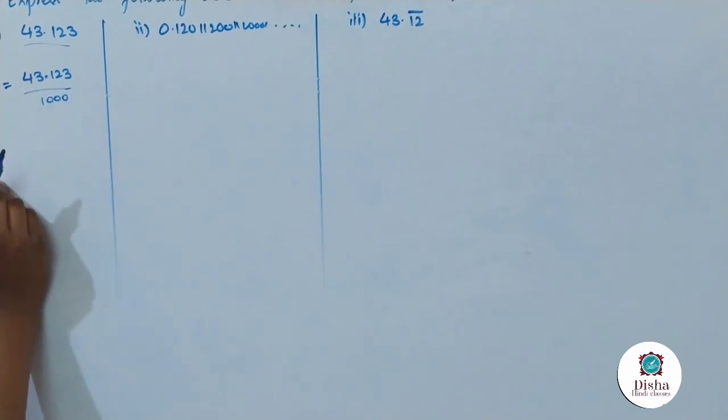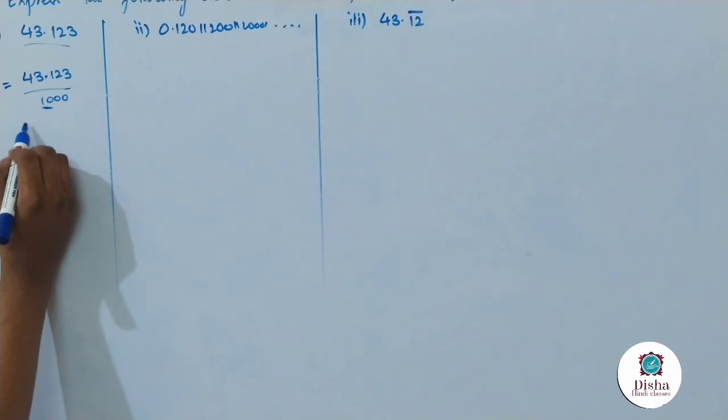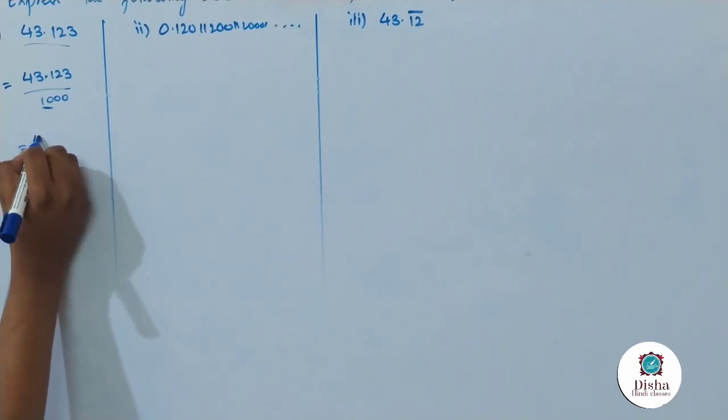So in the third bit, what we did? We have converted 2 power m into 5 power n in the denominator in the form of 10 times. Now we have to convert it into the form of 2 power n into 5 power n. Just we have to reverse it. So 43.123 will be